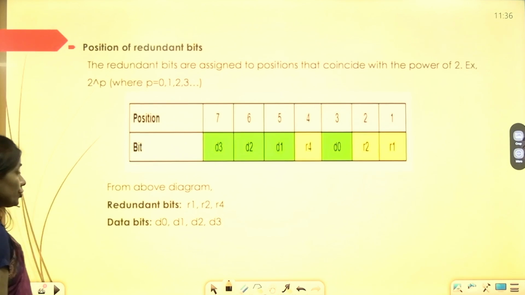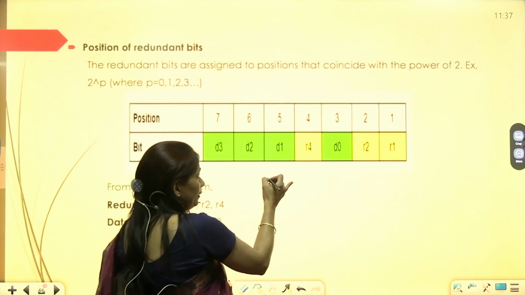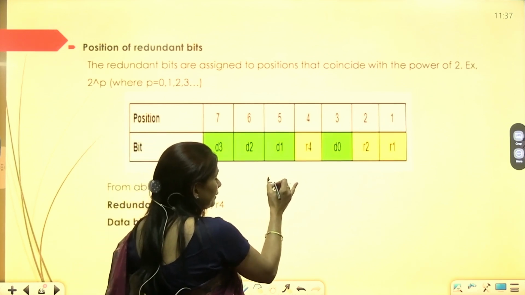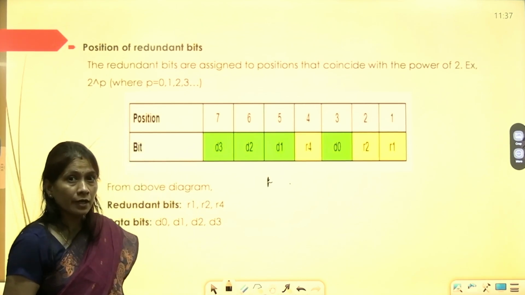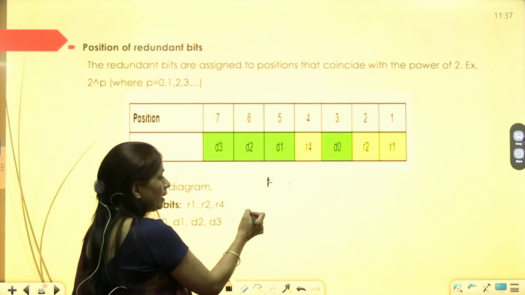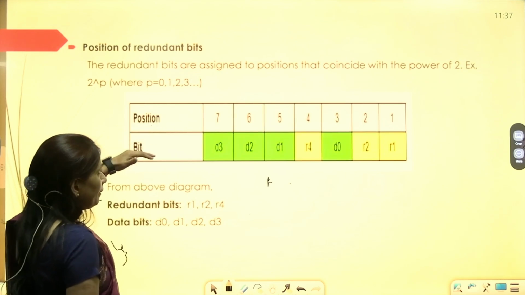Next, position of the redundant bits. How to find not only how many redundant bits are added, but also the position of the redundant bits in the original message. First, positions and bits.